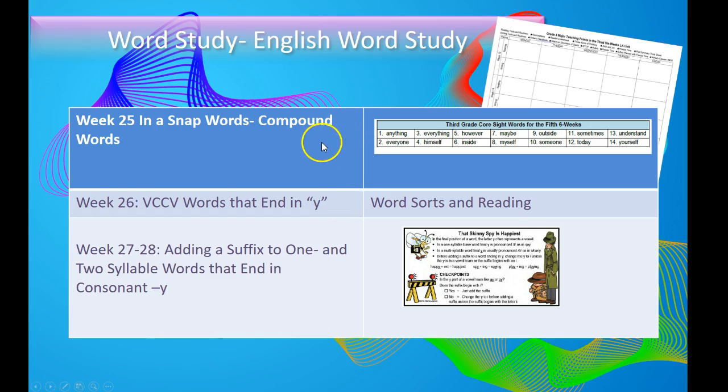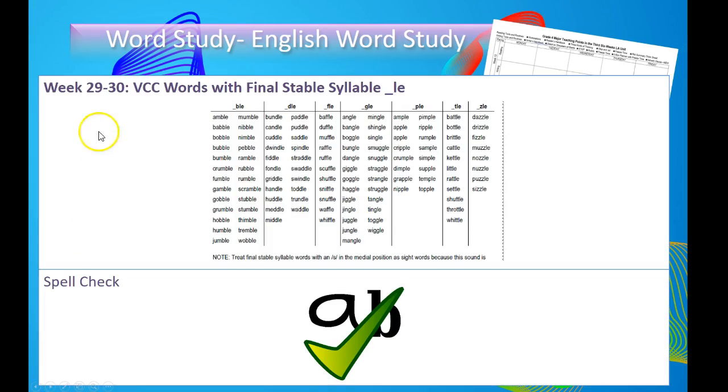So let's take a look at the English word study. Week 25 is in the snap words, compound words, really having them commit to memory those compound words for third grade. Then week 26 is a vowel, constant vowel words ending in Y. And you're going to be doing that week a lot of word sorts and reading with the word. And then you're going to be continuing in week 27 and 28, adding a suffix to 1 or 2 syllable words ending with that. Then in week 29 and 30, you're really looking at vowel consonant words with final stable syllable, really helping them to understand that final stable syllable rule. And then that last week, you're going to be doing a spell check to make sure that they've secured those